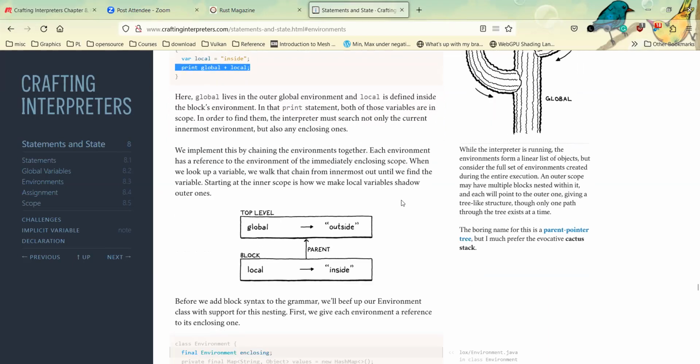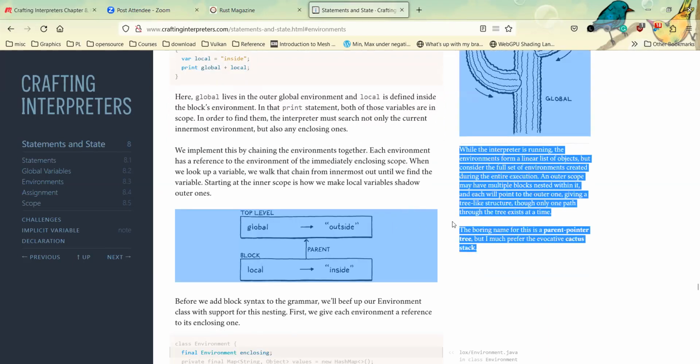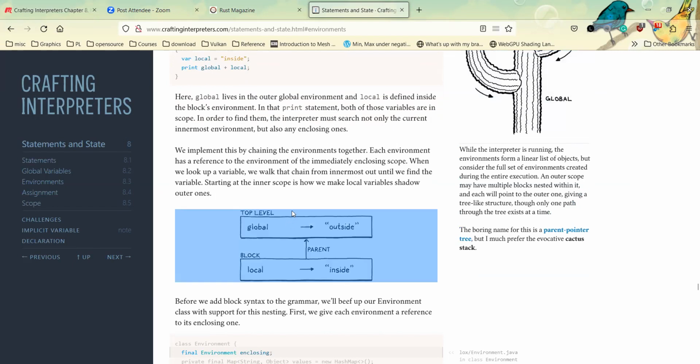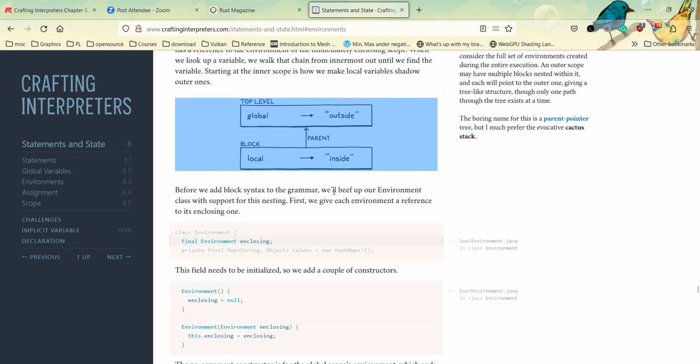So the solution is a stack. For each block, when we enter the block, we add a new layer to the stack.